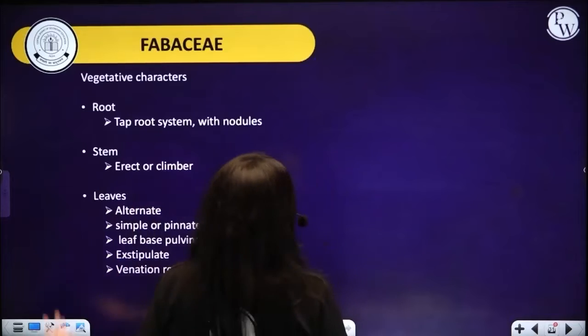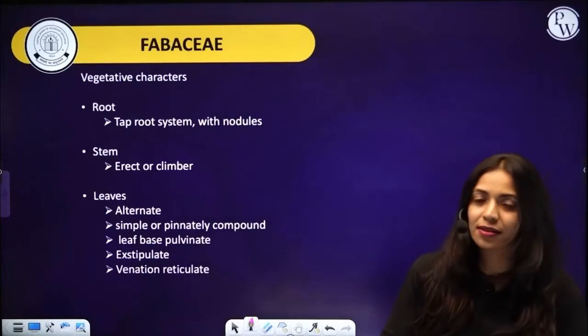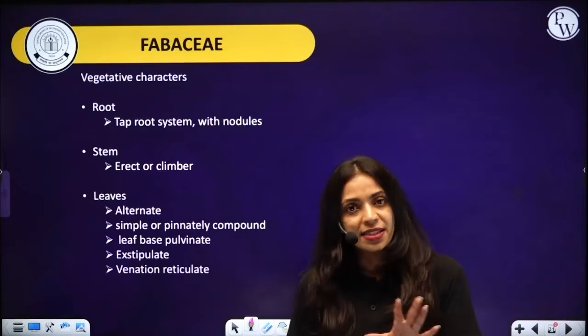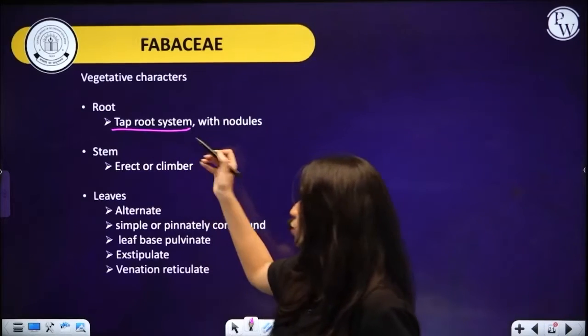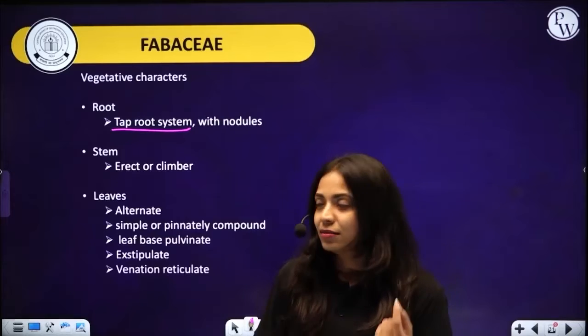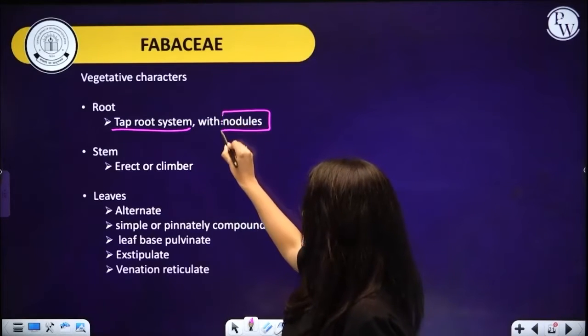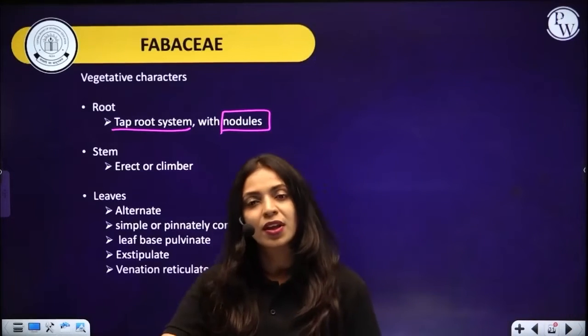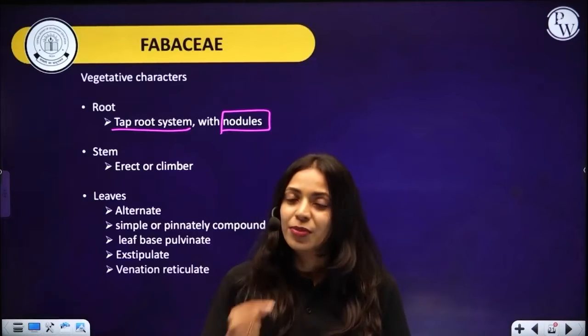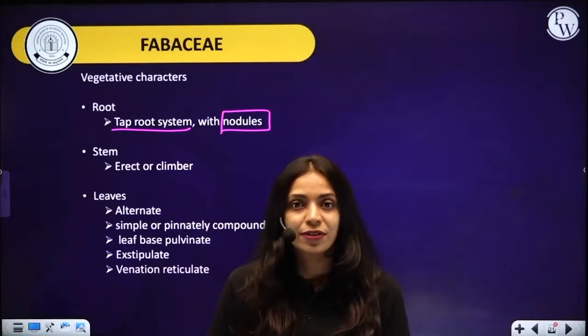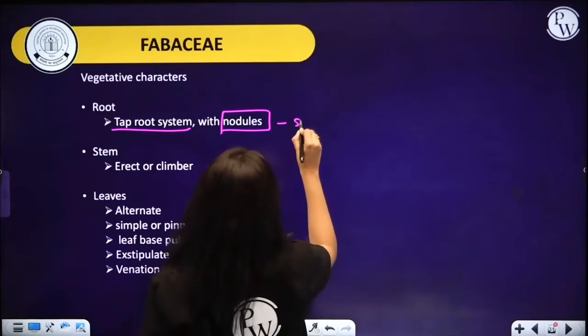Talking about the actual description of the vegetative parts, we'll start with the root. Since this is a dicotyledonous plant, the roots here are a taproot system, and they show the presence of certain nodules. These nodules are swollen structures that you find in the roots. Basically, in these nodules you can find symbiotic bacteria